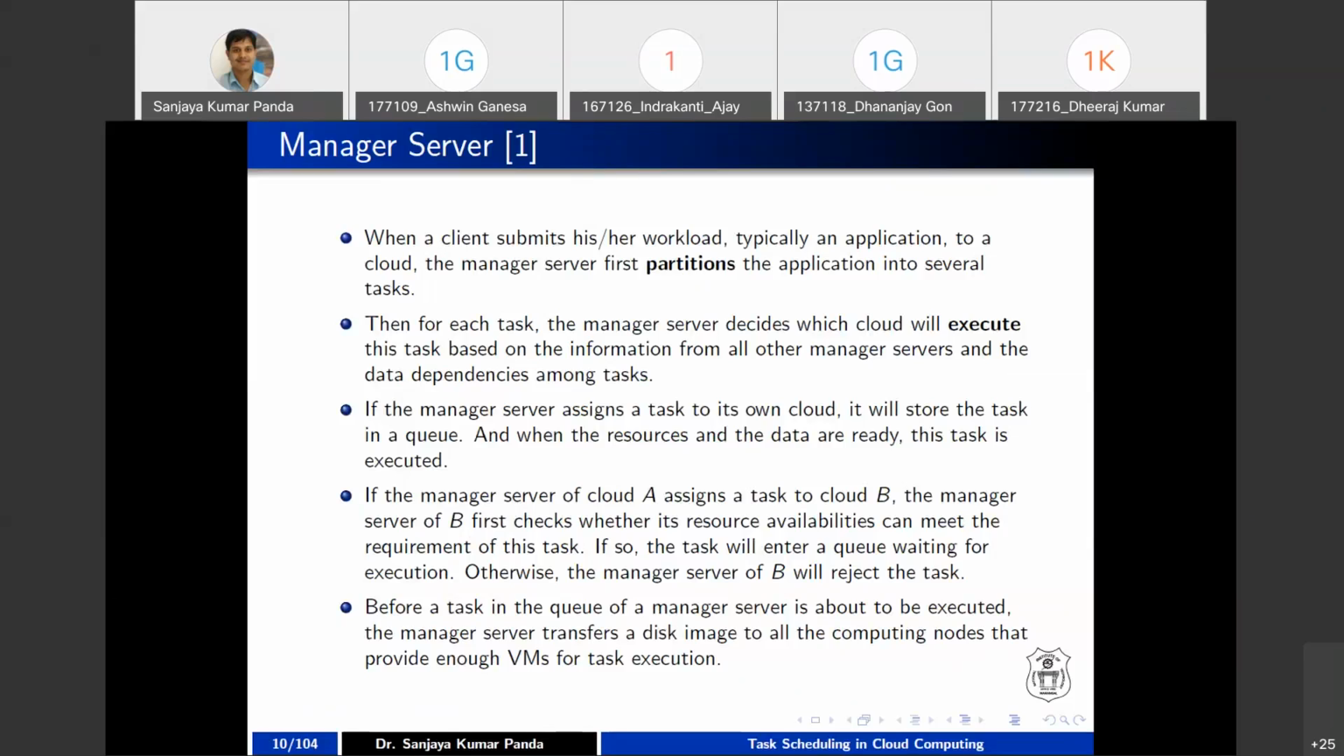So if the manager server assigns a task to its own cloud, then it will store the task in a queue, and when the resources and the data are ready, this task will be executed. Whenever it is assigned to any cloud service, not only its own cloud, whenever sufficient resources are available, it will be executed. So if the manager server of cloud A assigns a particular task X to cloud B,